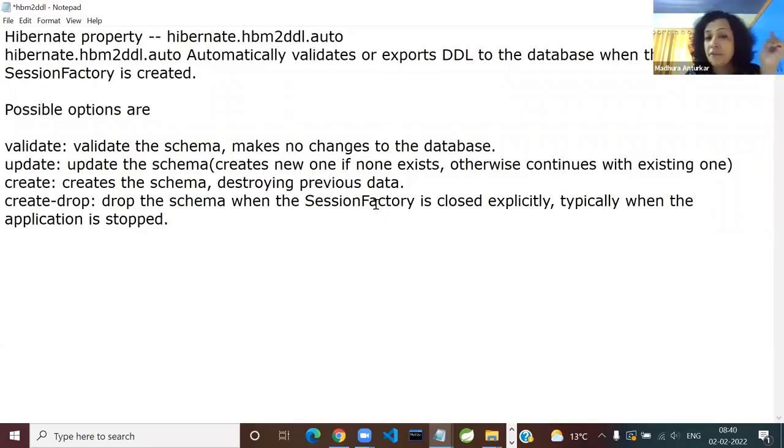In the standalone Hibernate days, we had hibernate.cfg.xml, and this was the property